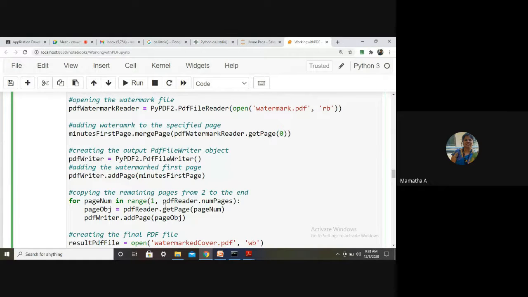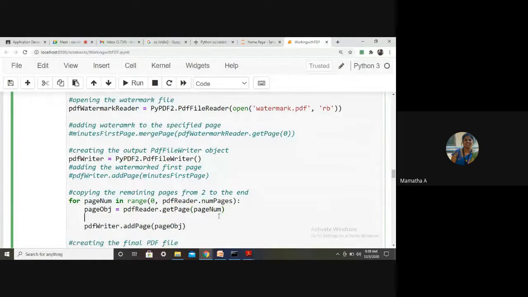And for every page, how do you add the watermark? Which method should you call? Merge page. Okay, so let us now make the changes. Let me do the changes. So all the pages I am adding my watermark. Okay, right? Fine. So what should I change here? What should I write? 0, or you can omit it and write only this. That's also there. So I am extracting every page.